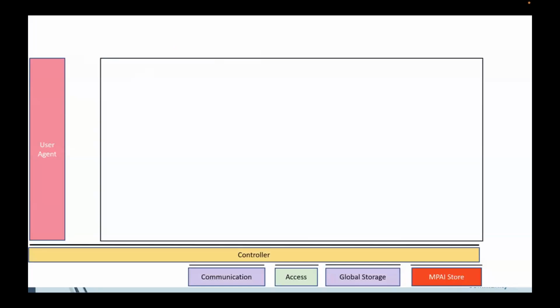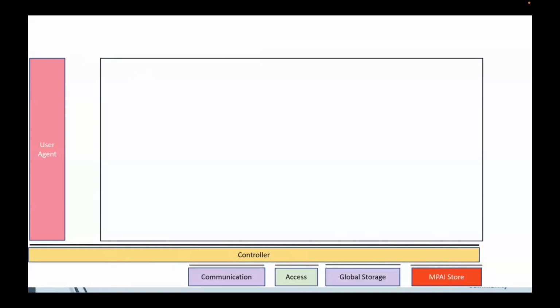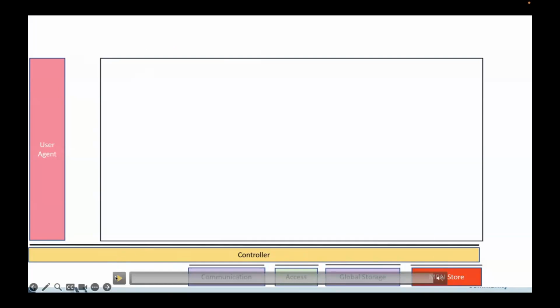So here you can see an overview. This is taken from the AIF specification. And you see on the bottom line the controller and the other common parts for the communication, storage, access, and MPAI Store in the specification. So looking at the flow,